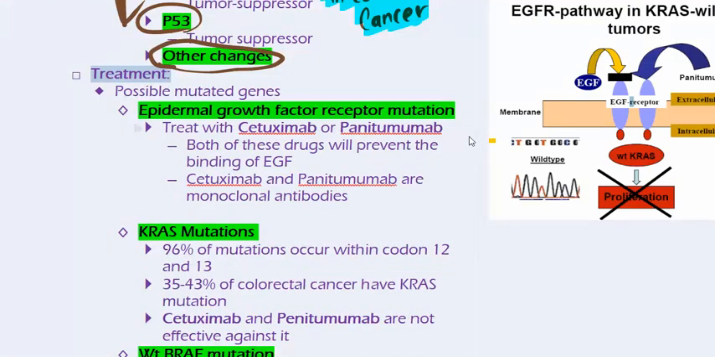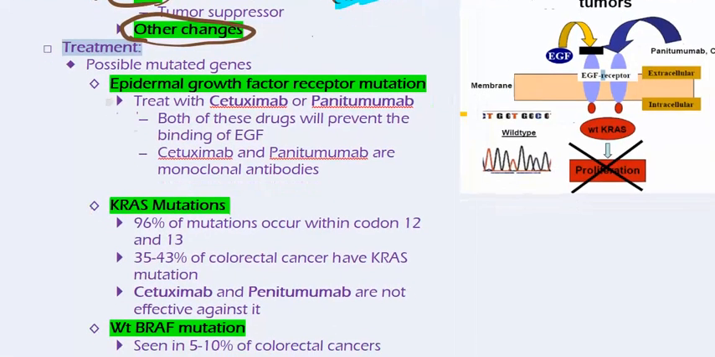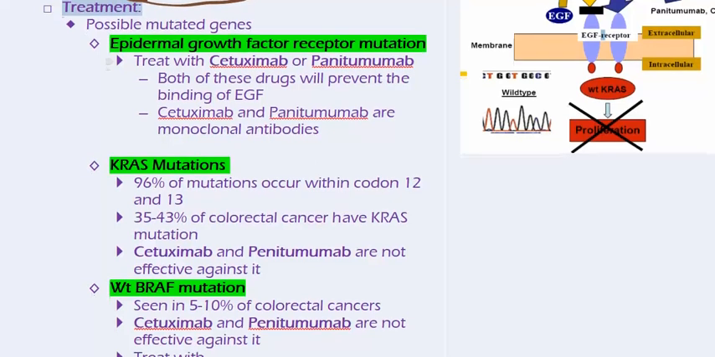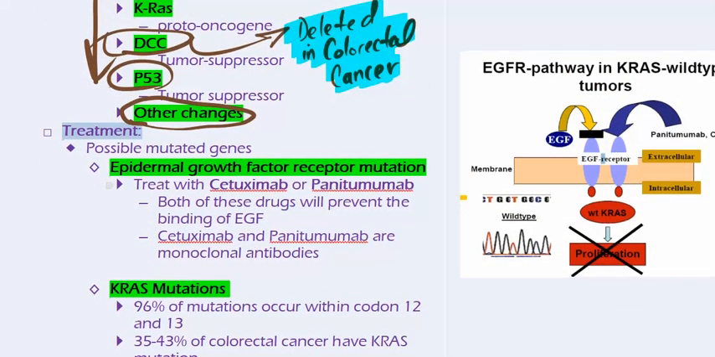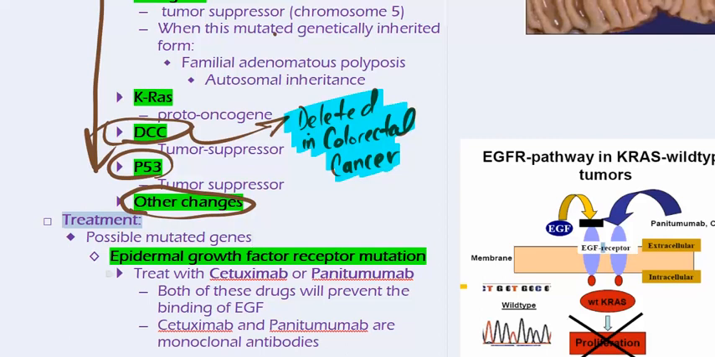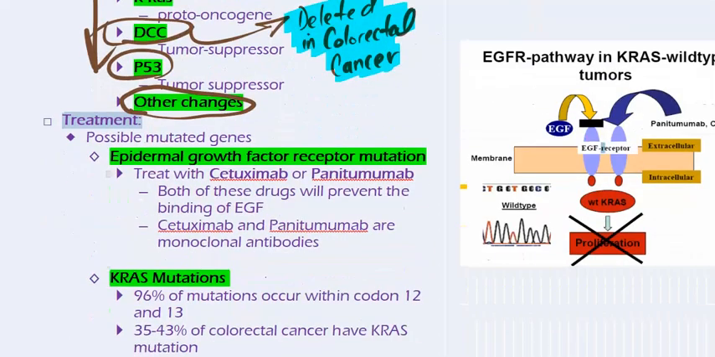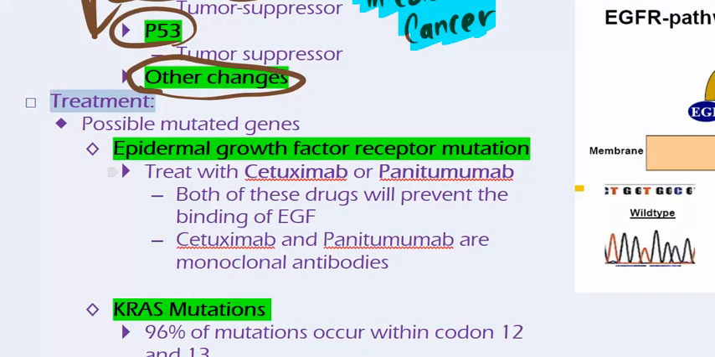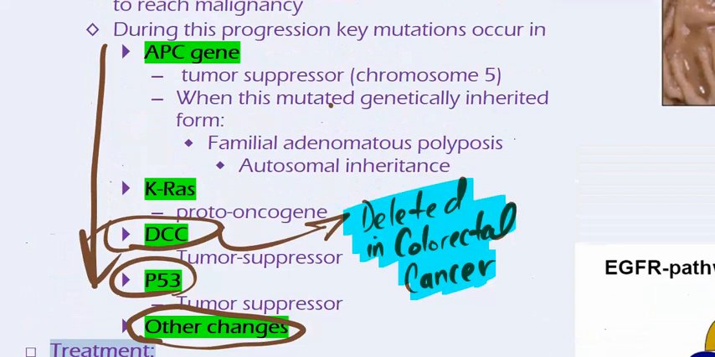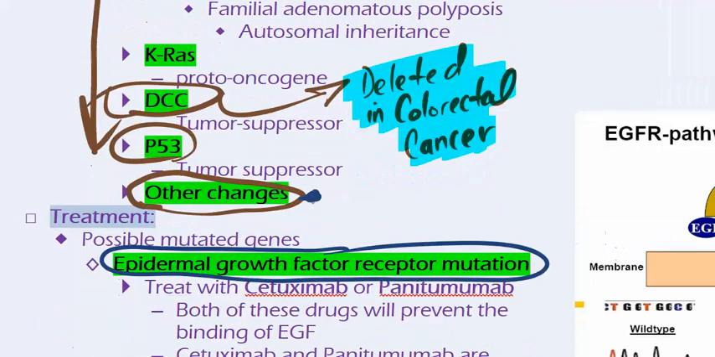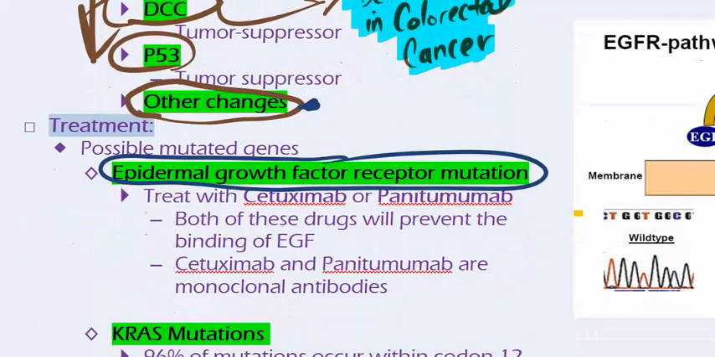Okay, so now we're getting into the treatments of colorectal cancer. So it turns out, and again, there are other mutations that can occur apart from the ones that we've mentioned already. There can be a mutation with your epidermal growth factor receptor. So in addition to all these mutations here, there can be other mutations, specifically with your epidermal